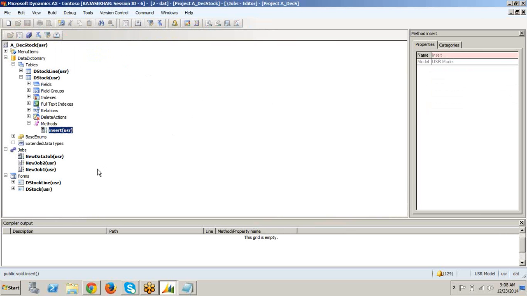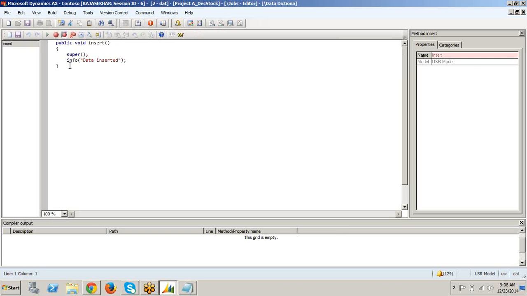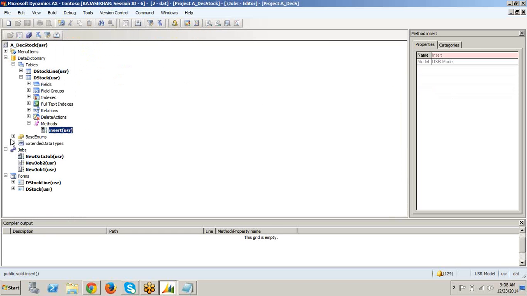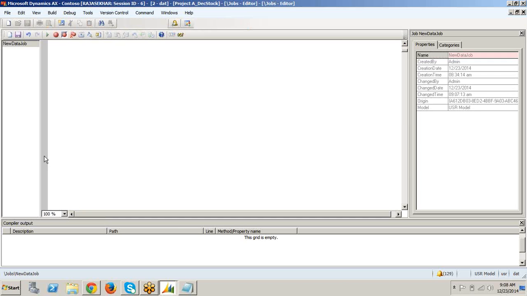So when we are calling this method, whatever statements are available in this method get executed. That means while inserting, if you want to delete some data, you can write those delete statements here. While inserting, if you want to validate some data, you can write those validation statements here in this override method. But we have one more method called